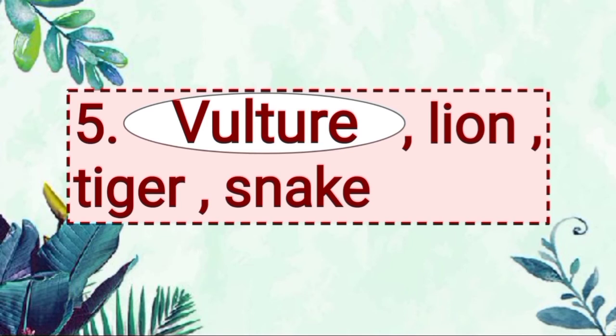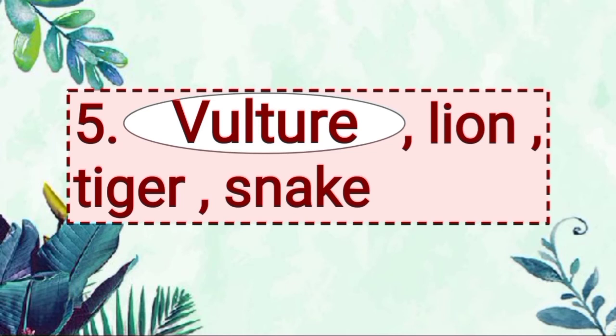Now next, V-U-L-T-U-R-E, vulture. Second word L-I-O-N, lion. Third word T-I-G-E-R, tiger, and fourth word S-N-A-K-E, snake. Here vulture is an example of scavenger, means there are some flesh eating animals that feed on the flesh